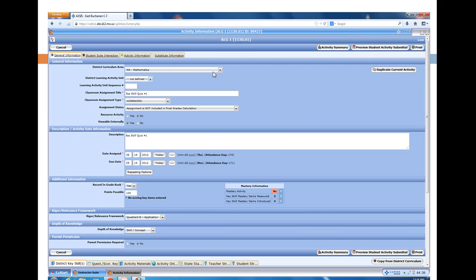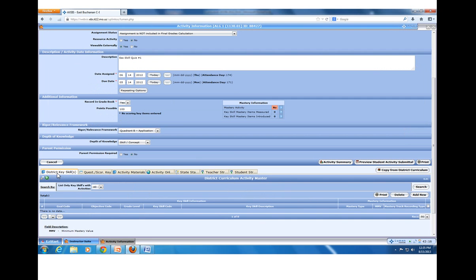So we're going to pick a district curriculum area and we're going to organize into a unit, and then of course do our regular stuff that we always do with an activity. And you'll notice that there are these tabs at the bottom where we are going to align with the Missouri Learning Standards under District Key Skills. We can attach the activities either under Activity Materials, that would be something stored on our computer, or activity online materials, which would be a URL, which includes Google Docs. And finally, our summatives are going to go under teacher strategies, and there will be a subsequent video